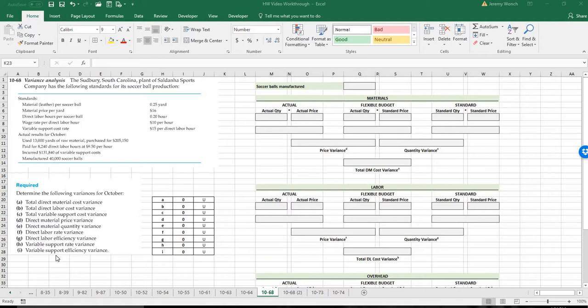Say the number was $10,000. A $10,000 variance in your cost. So you're $10,000 under budget for your wood. When you look at that, it might be because the price of the wood was lower, and maybe that caused a $13,000 decrease. But maybe you actually used more material than you anticipated, and that cost you an extra $3,000. So when you combine that $13,000 and that $3,000, you get your 10, which is what your budget versus actual